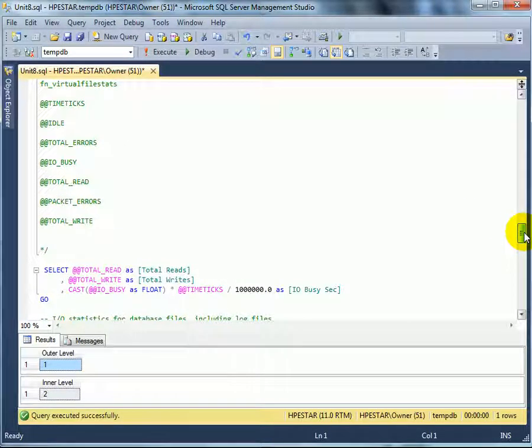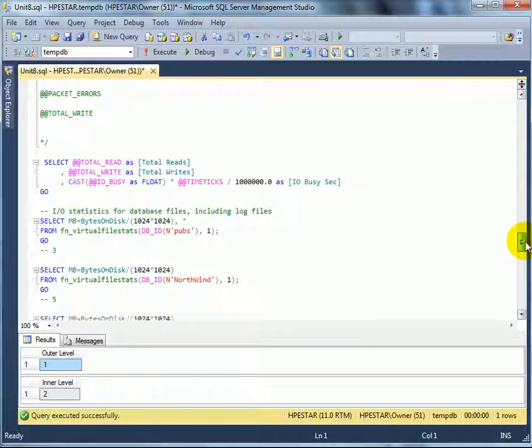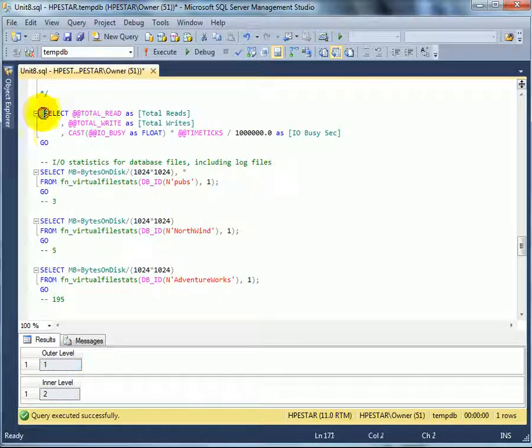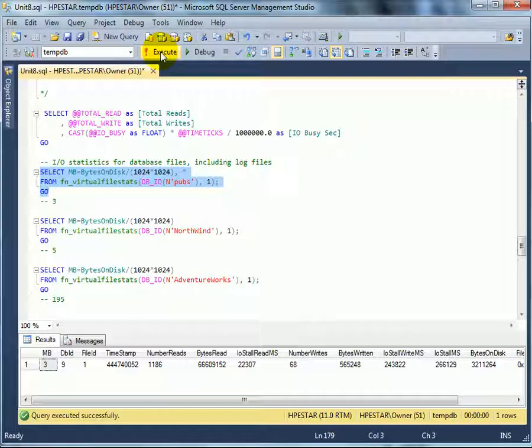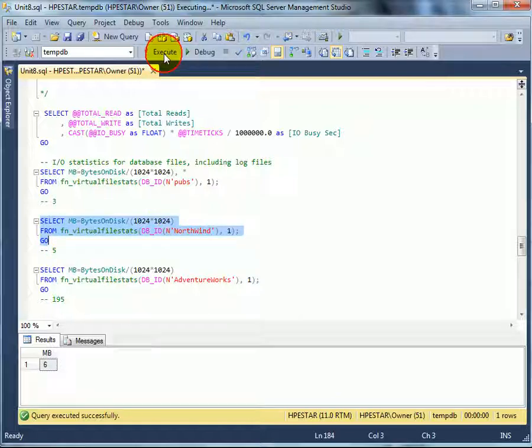Statistical functions. Let's see how we can work with statistical functions. Total reads and total writes, IO busy. fn_virtual_file_stats. This is for the pubs database, and this is like 3 megabytes. Then the Northwind database, 6 megabytes,